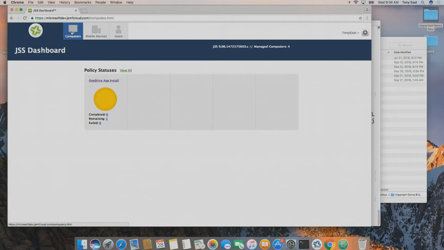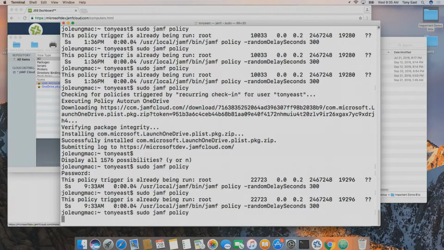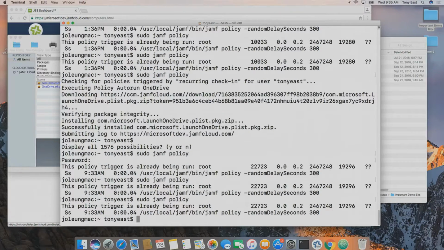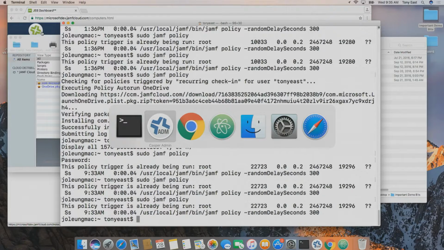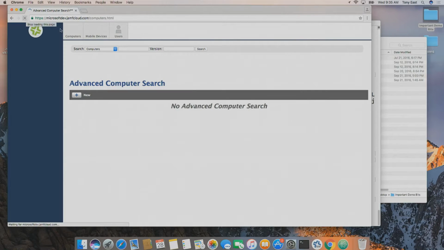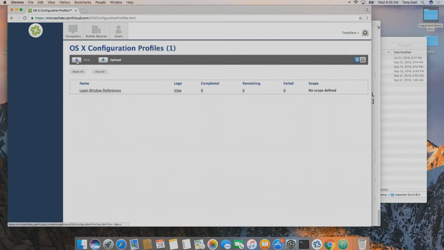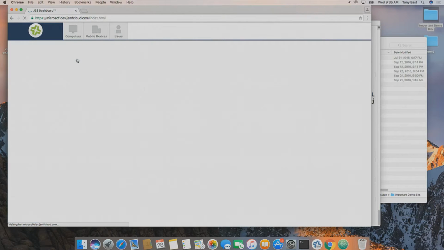Come on, network. Nice. All right, let's check this. Let's see how this is. Of course. Let's just refresh this page. All right, looks like we're back in business here. So let's create a new configuration profile.